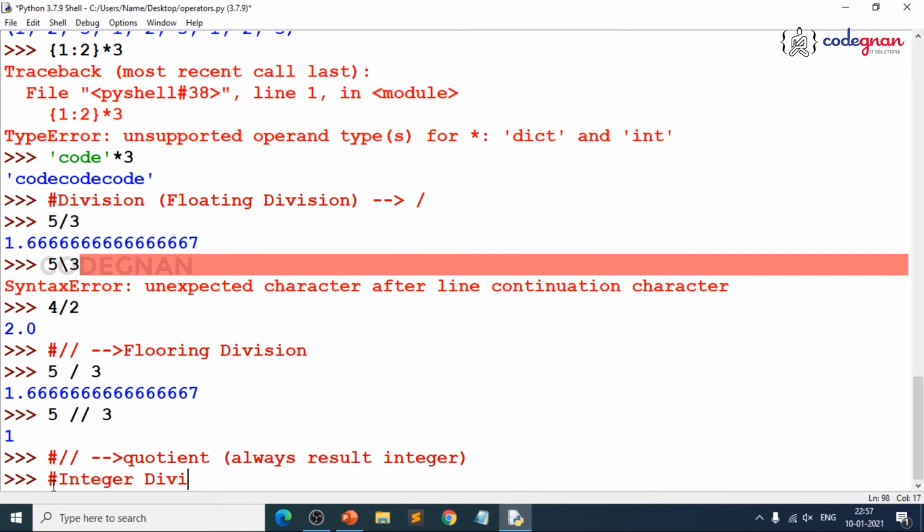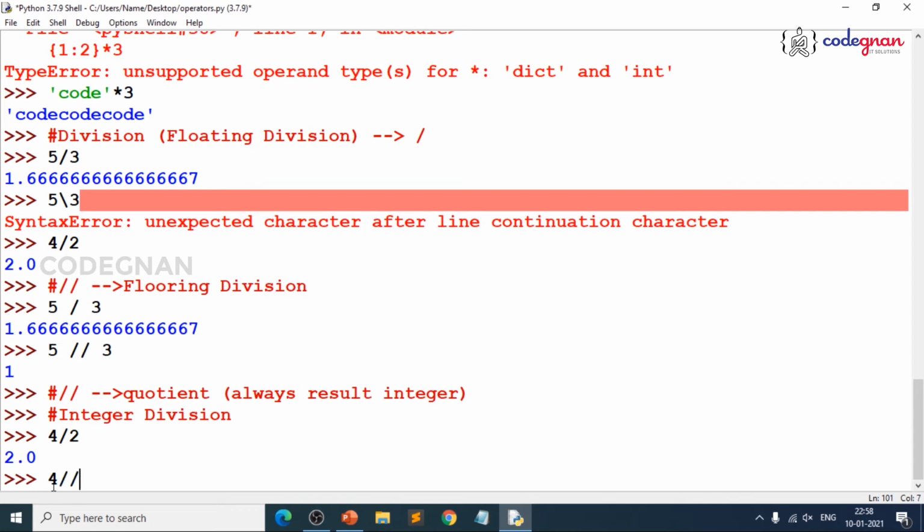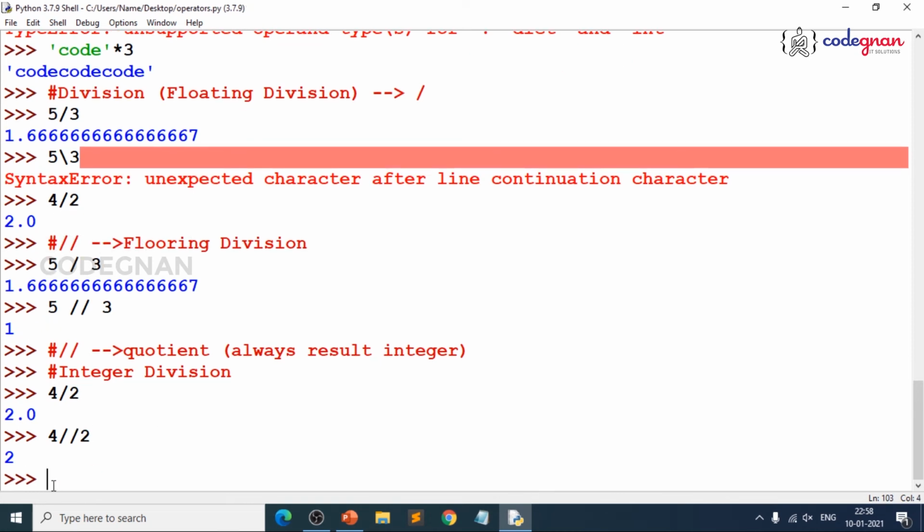We have multiple names. We can call it flooring division or integer division, because you always get the answer as only an integer. 4 by 2 is 2.0, but 4 double slash 2 is 2, since 2 twos are 4, the quotient is 2. Right? Make it very simple, because you use this technique when you try to find the logic behind things. If I want to get the even numbers between 1 to 10, how do you state the logic of an even number? It should be divisible by 2 and the remainder is 0, right?